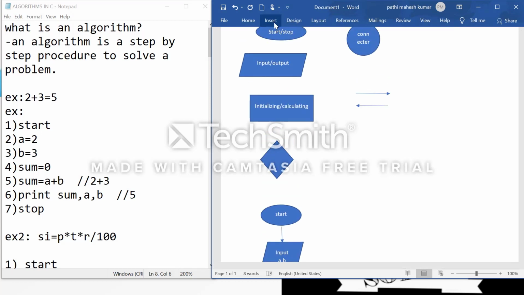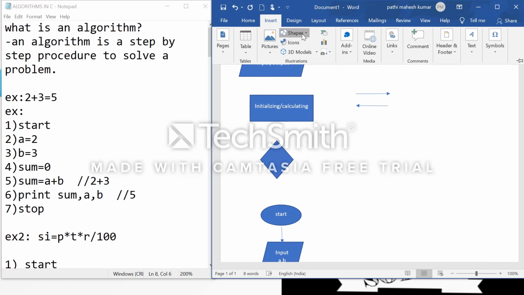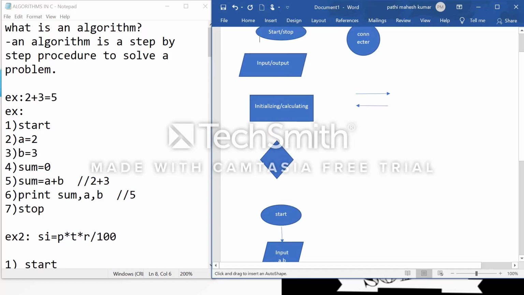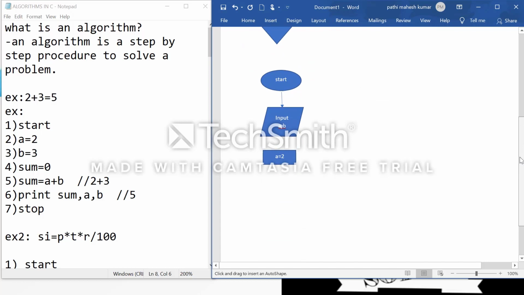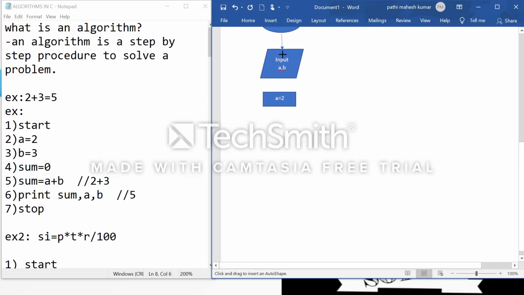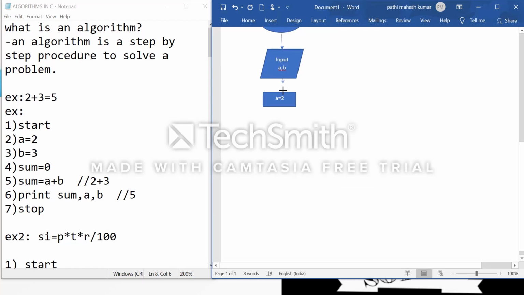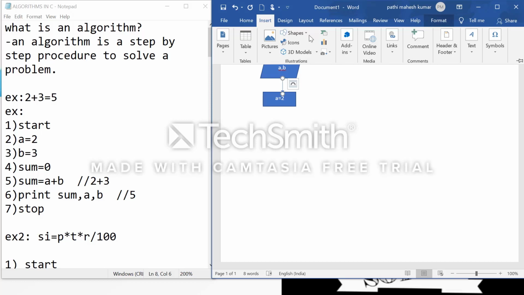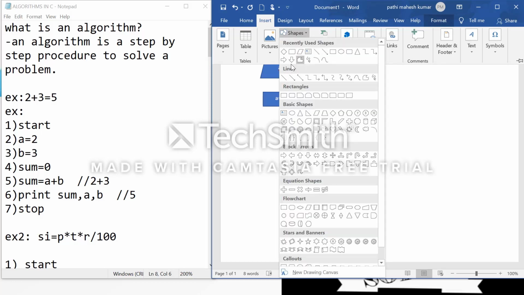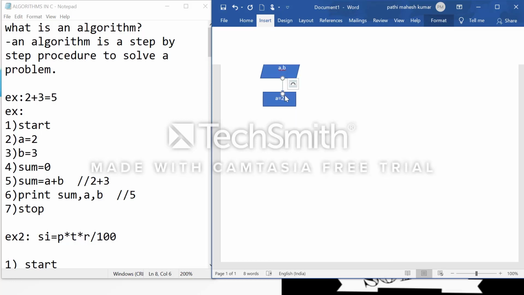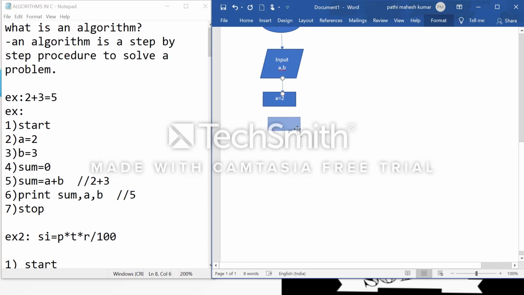and again I am taking an arrow, means the flow is continuous, and again I am taking another initializing condition. I want to initialize b equal to 3.